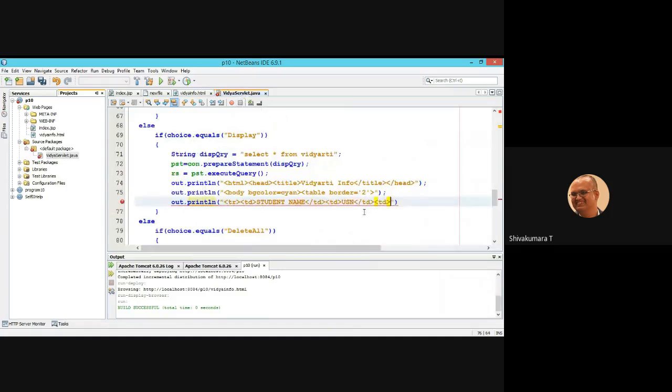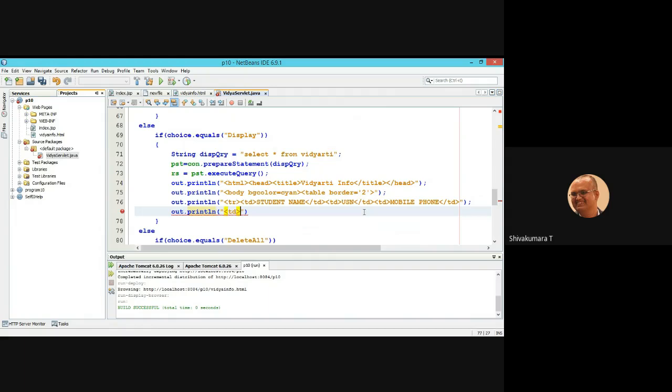Here, mobile phone, you can use a separate out.println. Mobile phone, table data, email, table data close, table data open, email, and semester. Table data close and table row close.